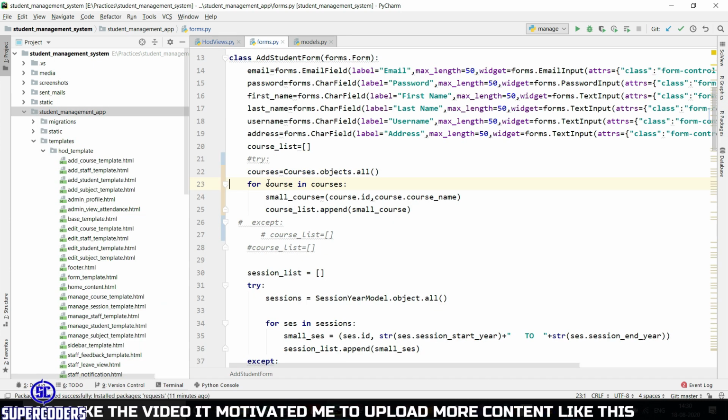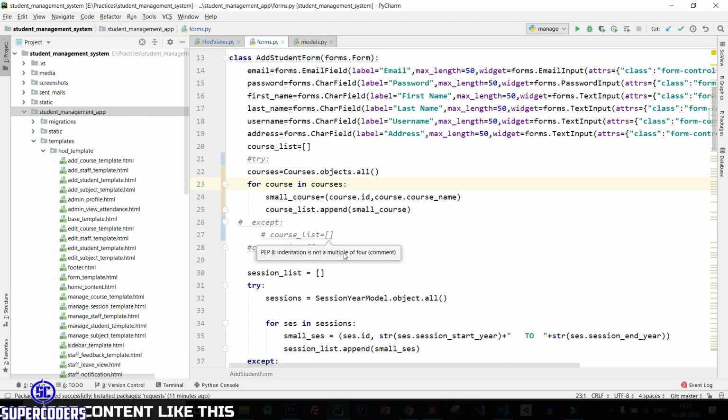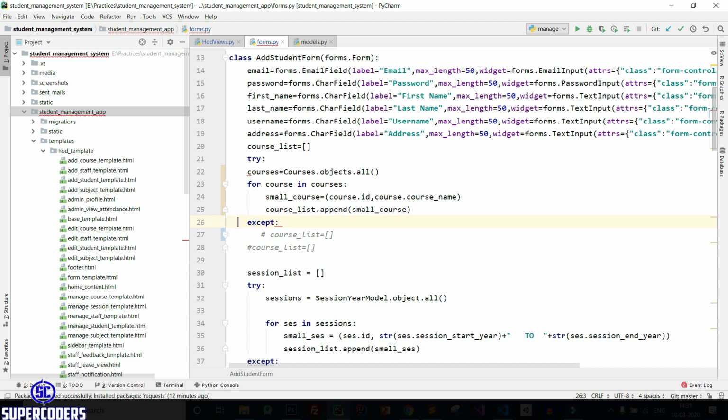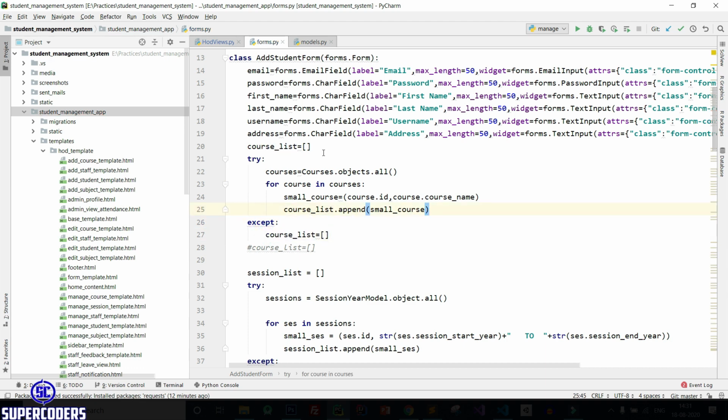So what we need to do here: because our table is not created and we are running the migration command, this code runs automatically. So what actually happened here is we didn't create a course table, but we are accessing the course data here. That's why this error was generated. To resolve this error, you need to wrap your code that accesses database data in a try except block. So adding try and except. In this way, if there is no course table in the database, then the error goes to the except block and our code runs smoothly without any error. Now save it.